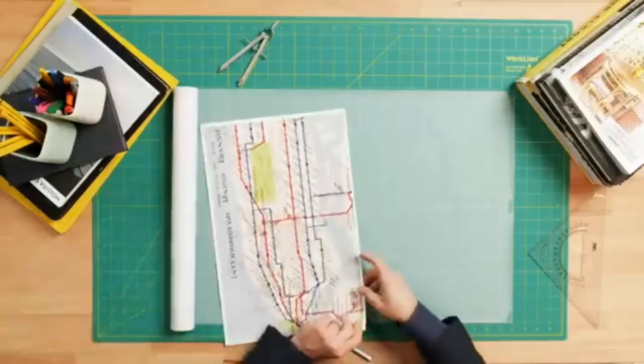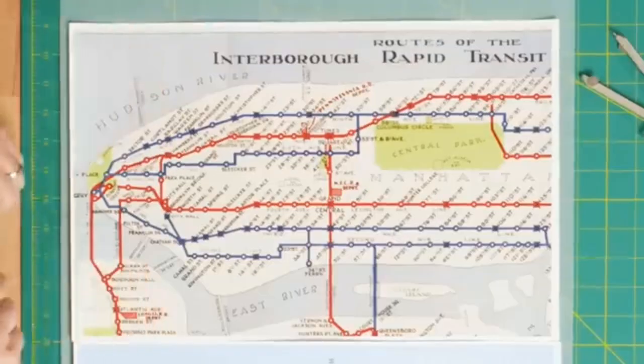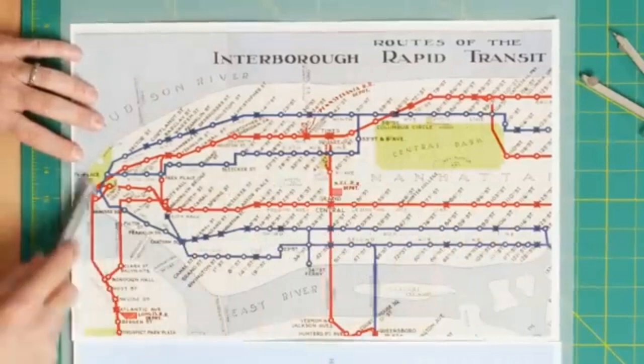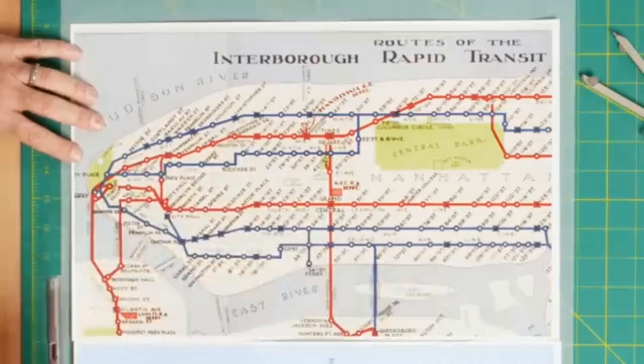Okay, so let's take a look at the iconic New York City subway map. So what jumps out at me about this early IRT map is that in red, it shows the actual subway lines, of which there are not many, but they do go to Brooklyn and they do go to Queens. And these blue lines are actually the elevated subways that still remained. And so early